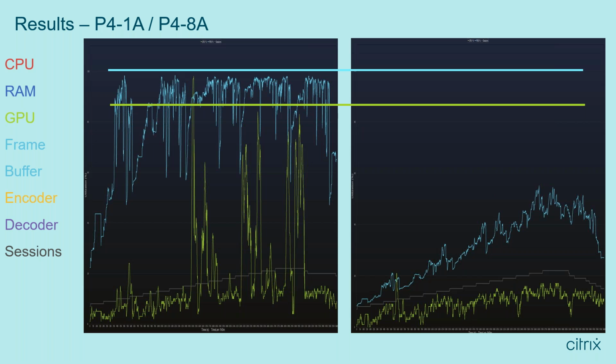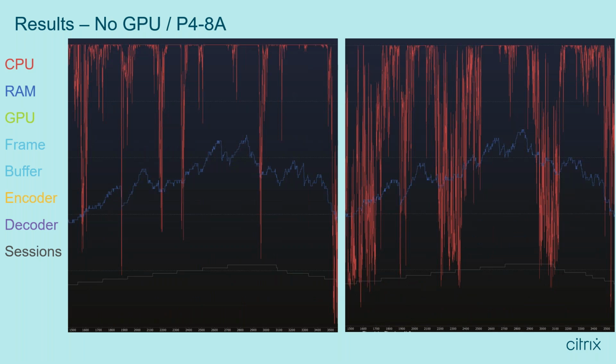But I started that we wanted to compare the no GPU and the GPU stuff. So we have here now the direct comparison, and I think it's really obvious that on the right hand we still have a lot of spikes, but the CPU is much more active and not running at full load. So for the user, the performance gets much better in this area,